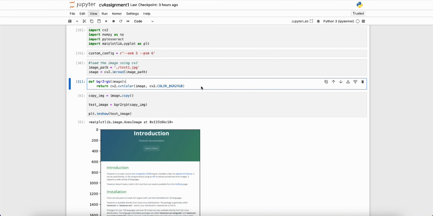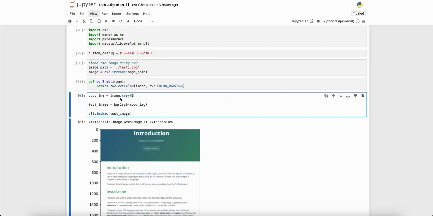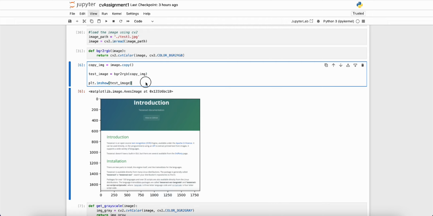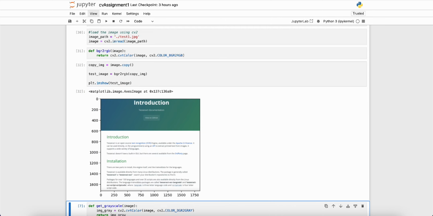Okay, next we have the BGR to RGB function, and this converts an image from BGR color space to RGB. This is important because OpenCV reads images in BGR format, as blue, green, and red. And then we use image.copy because we don't want the function to change our original image. And now I will use the BGR to RGB function we defined earlier to show the RGB image,